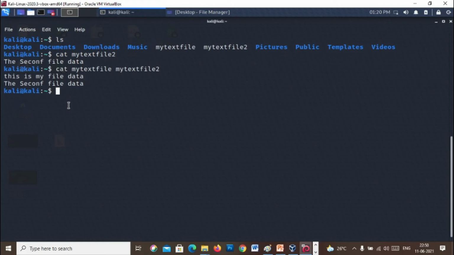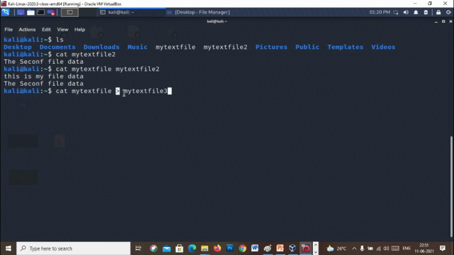Next, let's redirect the content of data from one file to another, a second file. Cat space first file name, then greater than symbol and second file name, and press enter. Let's explain first. This command will copy the content of my text file to my text file 3 using a single greater than symbol.